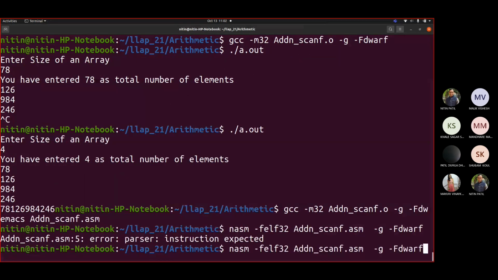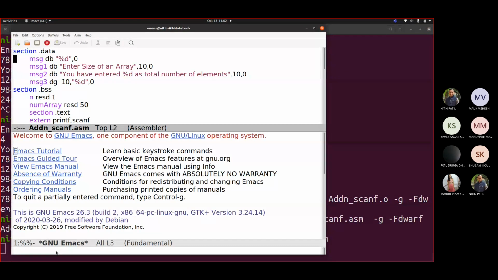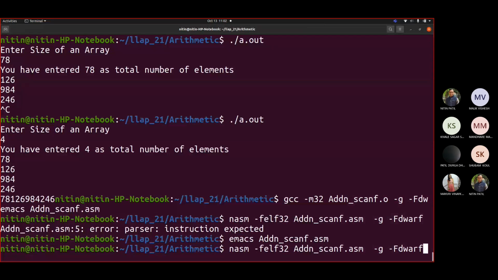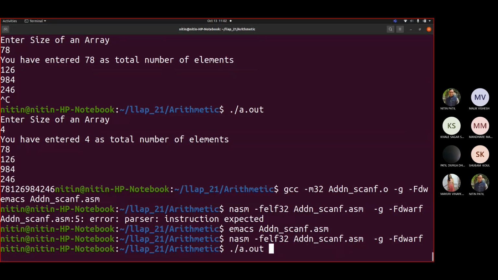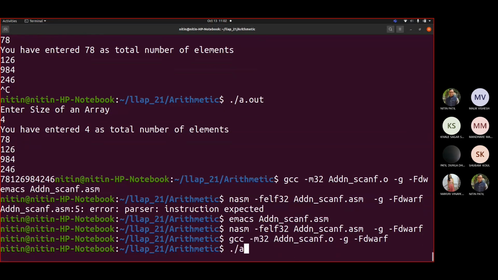Oh, sorry, I wrote it wrongly. I wrote %g. Now when you see this, ultimately, let us try to assemble it. Assemble, then link. Now you execute.